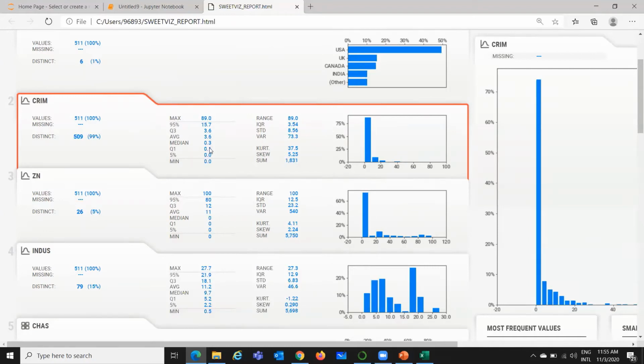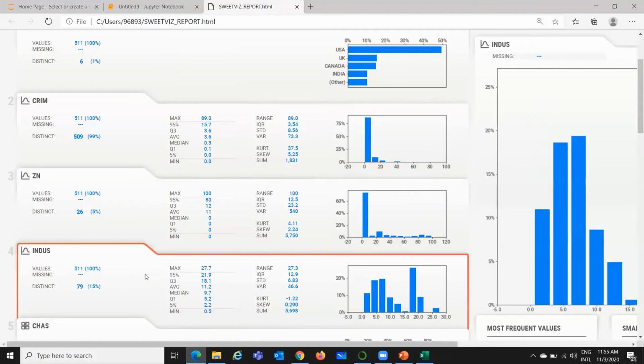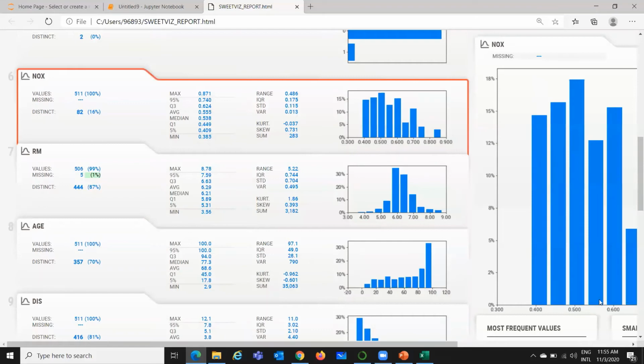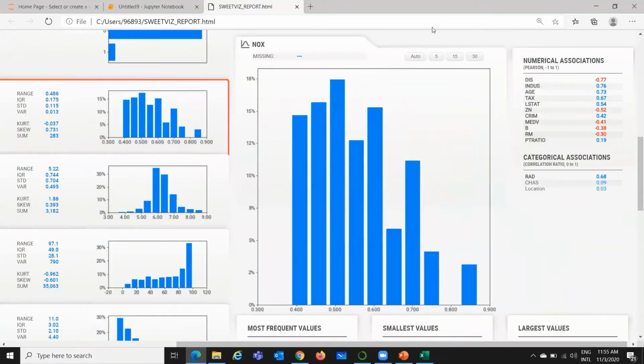So it has many zeros. Minimum value is 0. Same way you can analyze other variables present here by clicking on the corresponding value, and on the right side you get a detailed analysis of that.